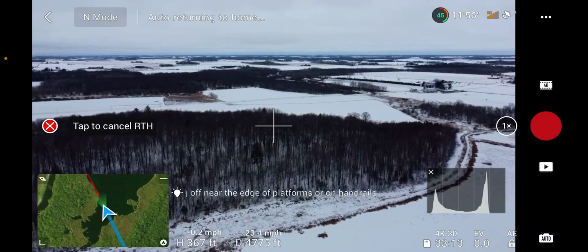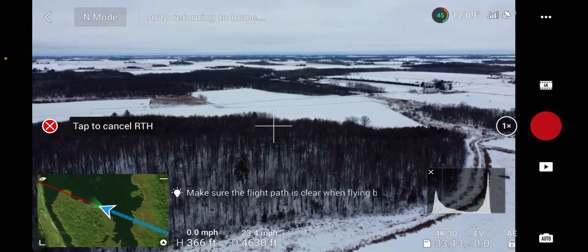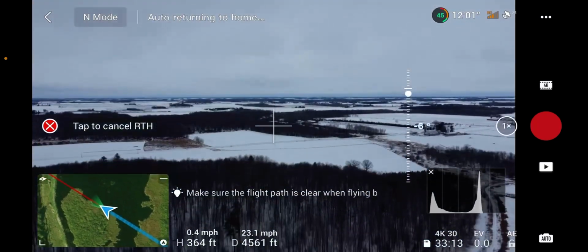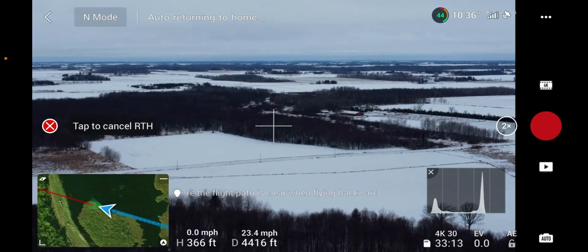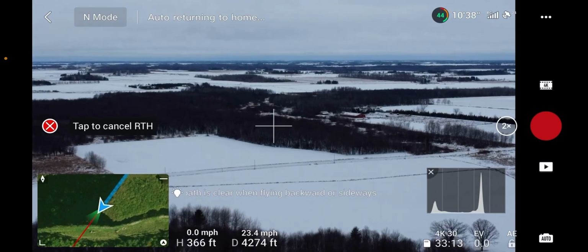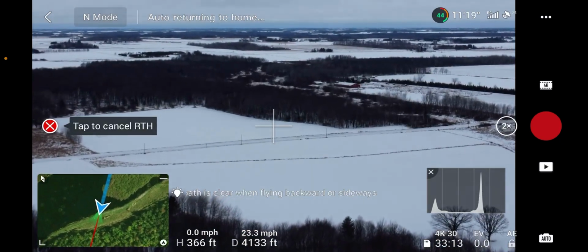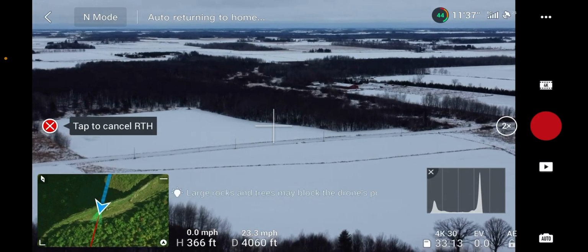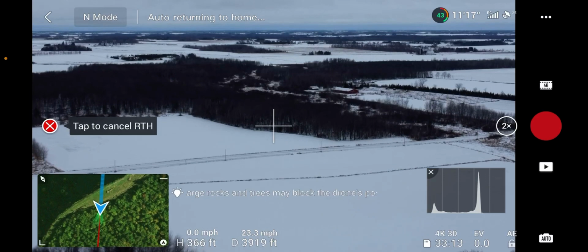We're still flying. We're going 20 miles an hour the way the crow flies. You can just start to see it now. Let me zoom in this camera a little bit so you can see it. There's the red barn, slightly towards the middle of your screen. I might lose connection with it as it flies over there, because it looks like that's where it's going to be kind of coming from. It doesn't look like it's going in a very straight line. It's not going to let me spin it at all, and it's returning home either, so...